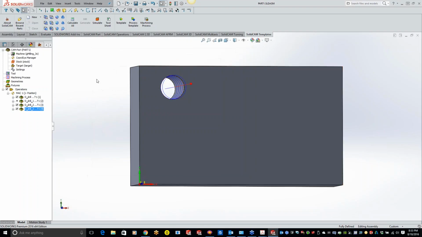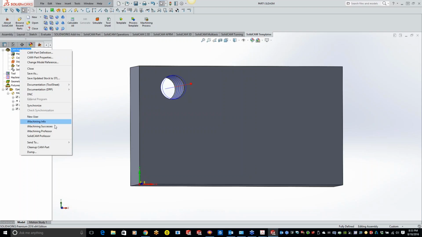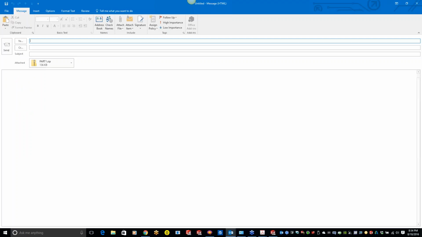Basically, for those of you who don't know how to package up, and James, if you don't know how to package things up also, what you can do is just right-click on where it says CAM part and do send to. If you're using Microsoft Outlook, you can click on mail. If you're using Hotmail, AOL, all those other ones, click on folder and just send us that zip folder. By zipping it up that way, it will sometimes prompt you to do it for technical support. Always pick technical support.